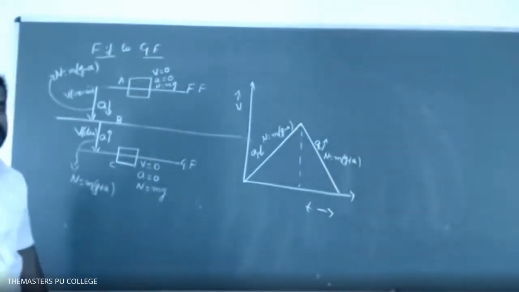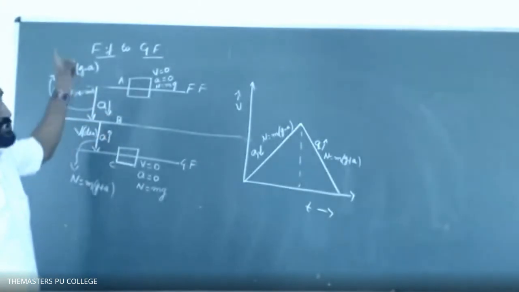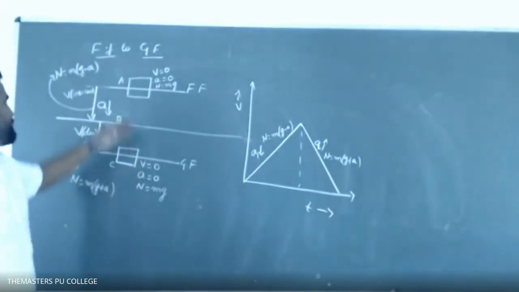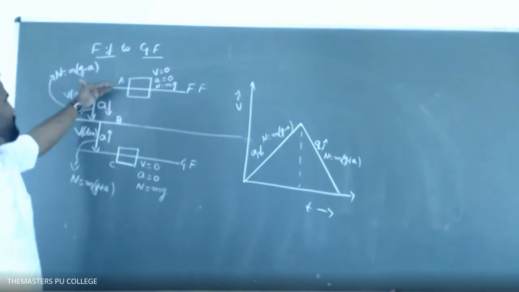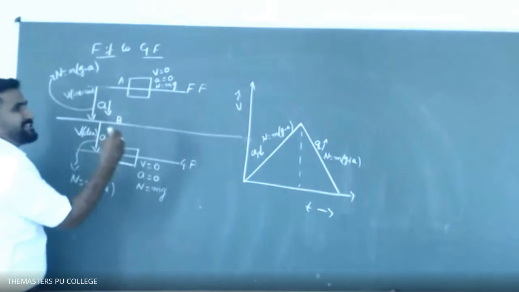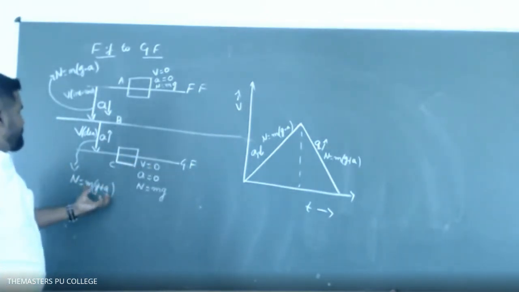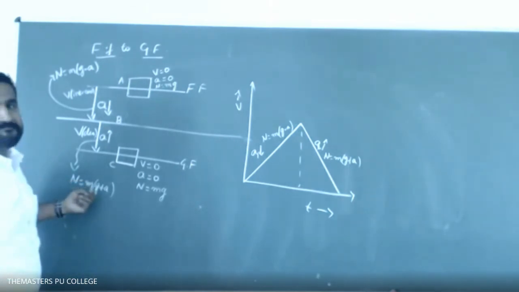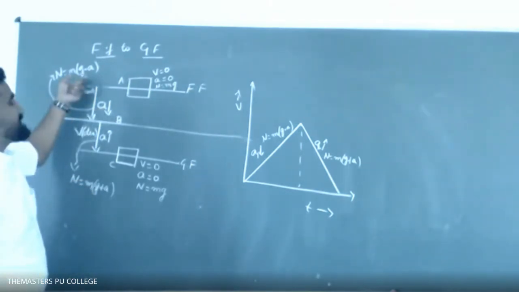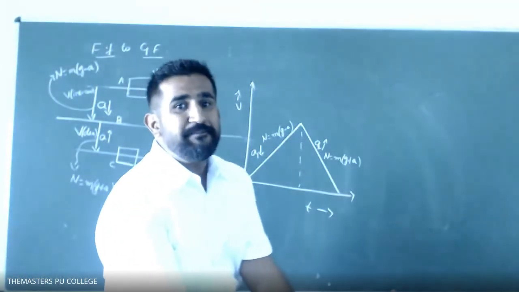Sir, from A to B, if acceleration is greater than g, then whatever it may be, don't take tension about that. If it is greater than g, the value is g plus a, this term increases, apparent weight increases. Sorry, here apparent weight decreases. When it is greater than g, there will be no contact, so the apparent weight must decrease.